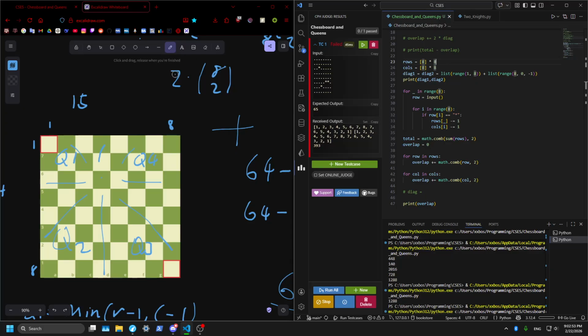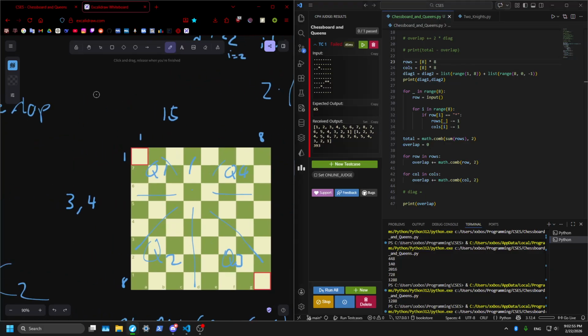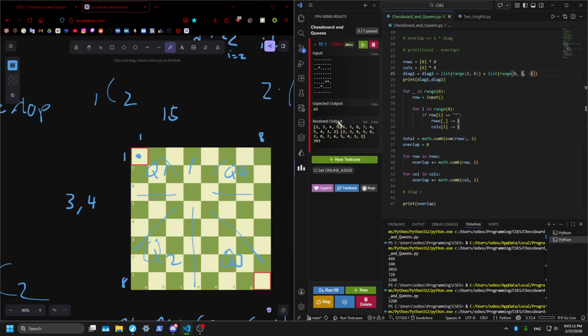I'm trying to think, because 1 choose 2 doesn't matter, and 0 choose 2, which still doesn't matter. So we low-key don't need it. It's like this: 2, 3, 4, 5, 6, 7, 8, 7, 6, 5, 4, 3, 2, 2, 3, 4, 5, 8, 7, 6, 5, 4, 3, 2. Yes. Now that we have that,